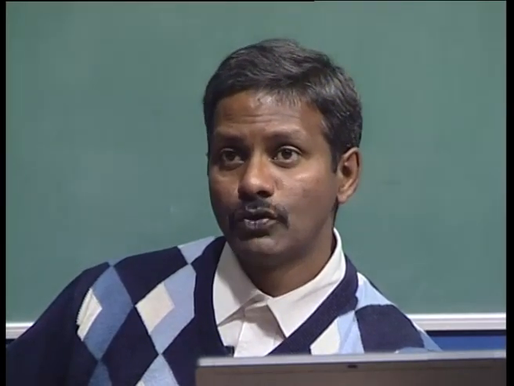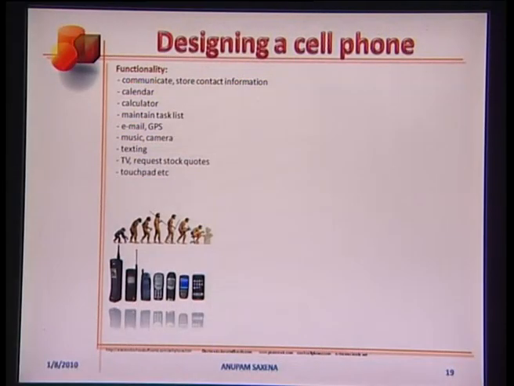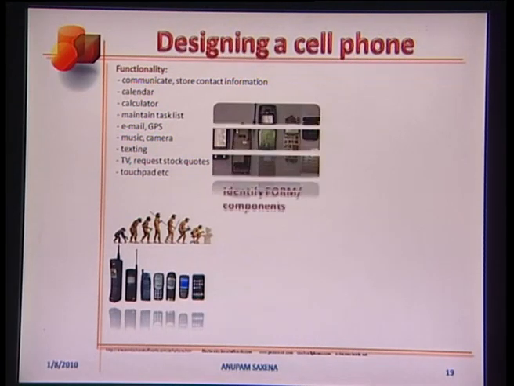As this list grew over time, the cell phones evolved. The basic cell phone design will have a display, a battery, an antenna, a keypad, and more importantly, a PCB circuit, which by itself is quite intricate.